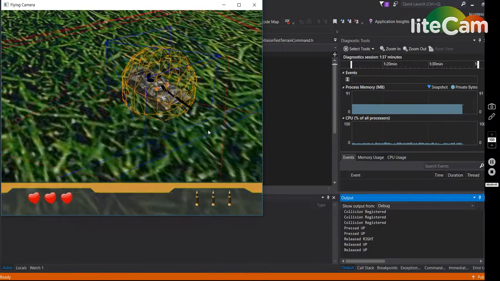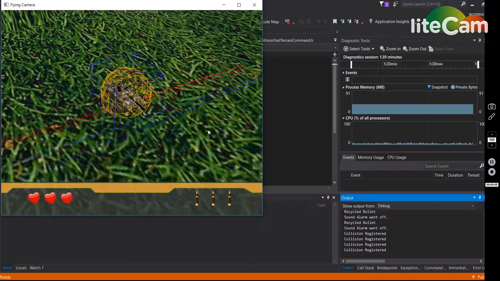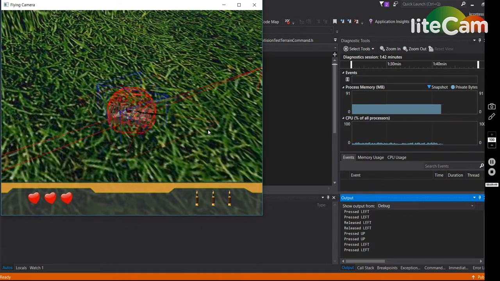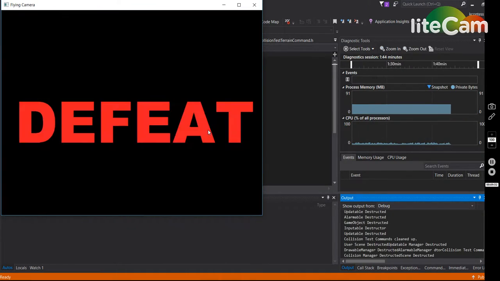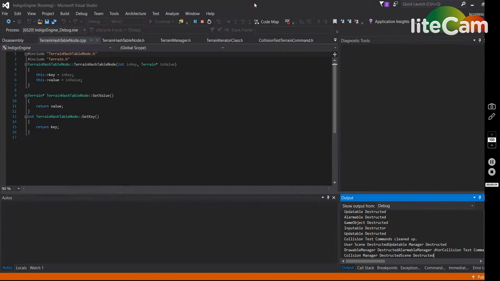It's going from each cell. It's not dipping in frames or anything. And then I died. So,